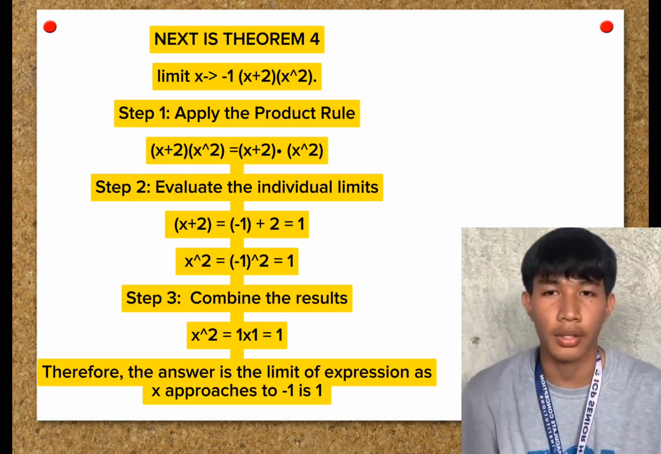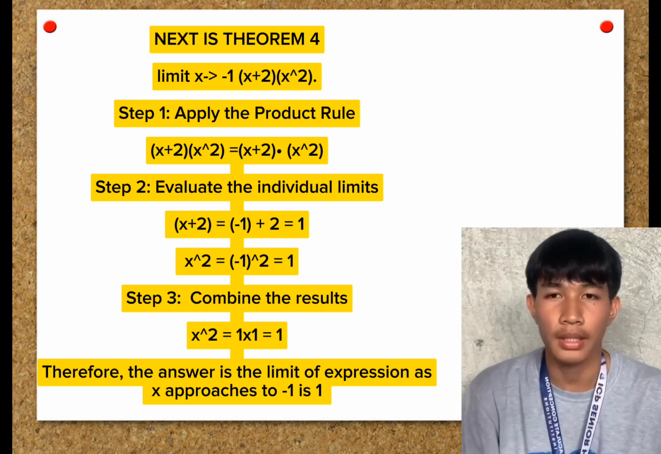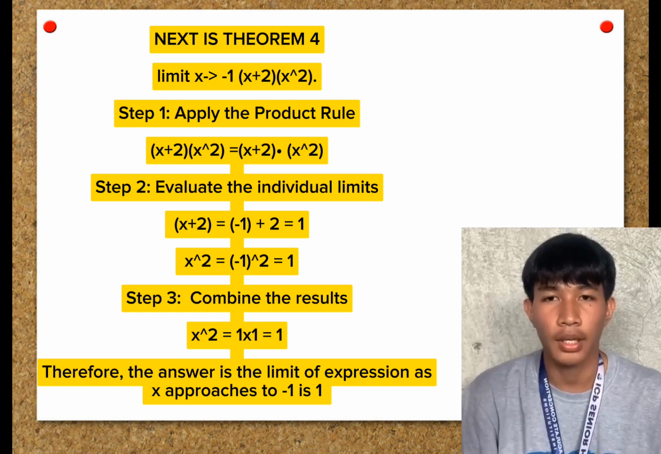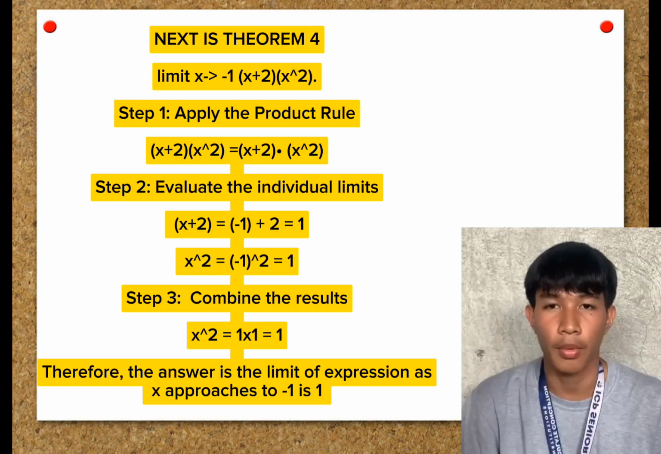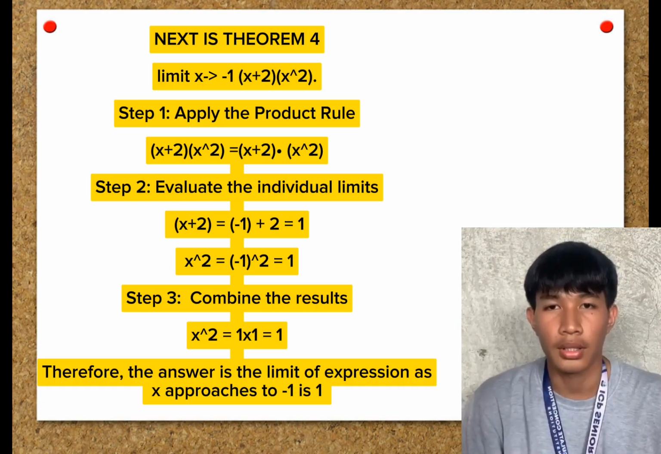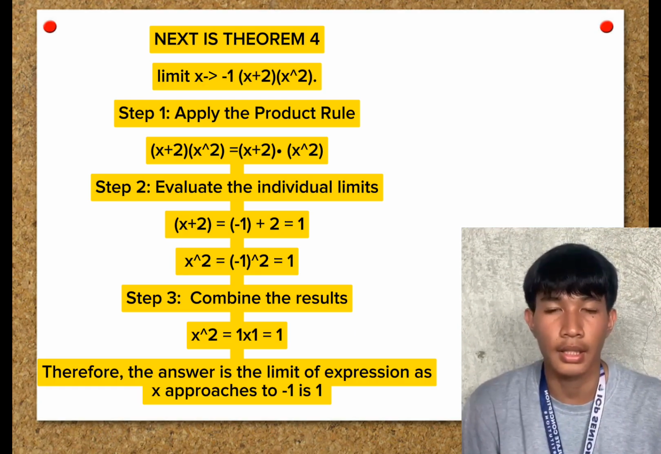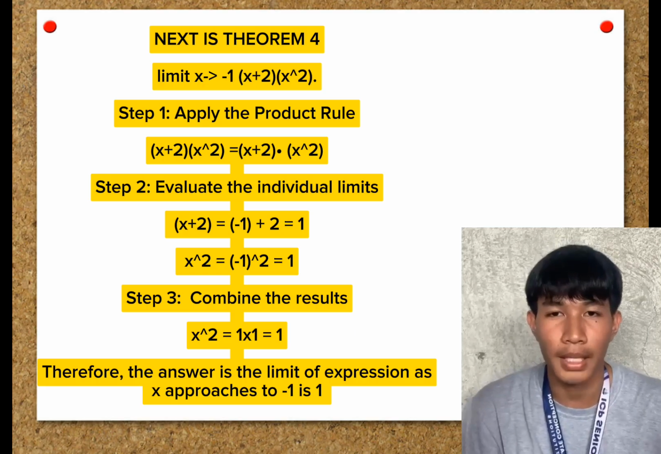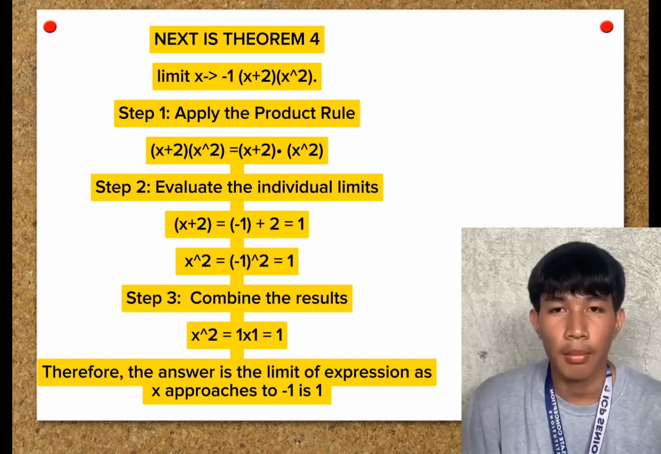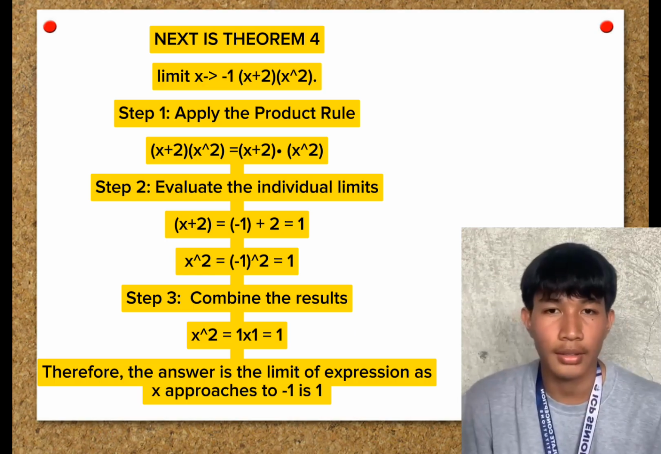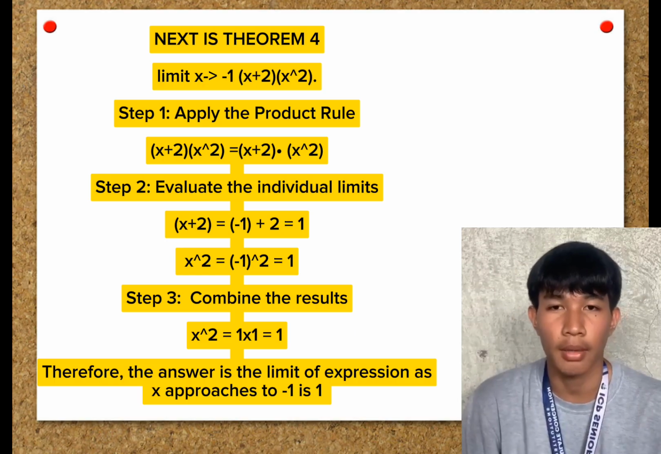Next is theorem 4. The given limit is the limit of negative 1, x plus 2 and x cubed as x approaches negative 1. Step 1. Apply the product rule. The product rule for limits states that the limit of a product is the product of the limits. Therefore, the limit of x plus 2 and x squared equals the limit of x plus 2 times